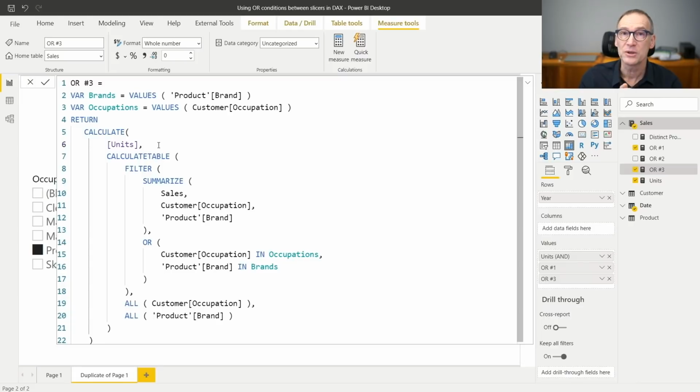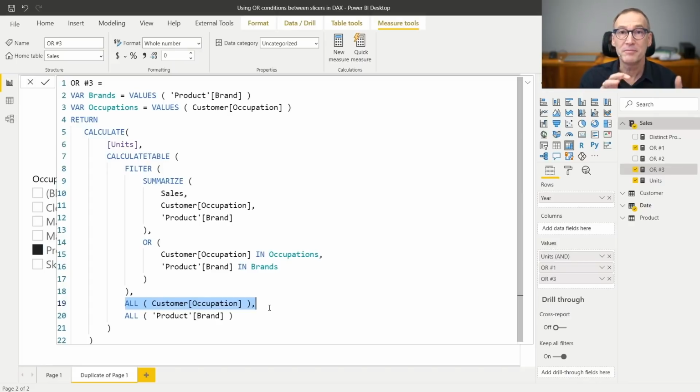I can actually optimize it, or at least change the way the code is computed, because this summarize scans the sales table, but I do that because I want occupation and brand. What I could do is different, because what I want to do is replace the filter on occupation and brand. So I do a summarize inside a filter over all.